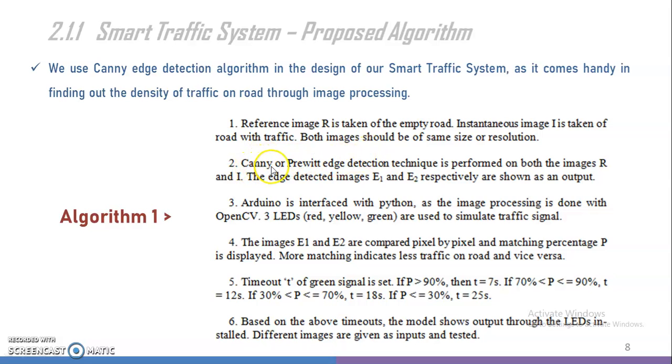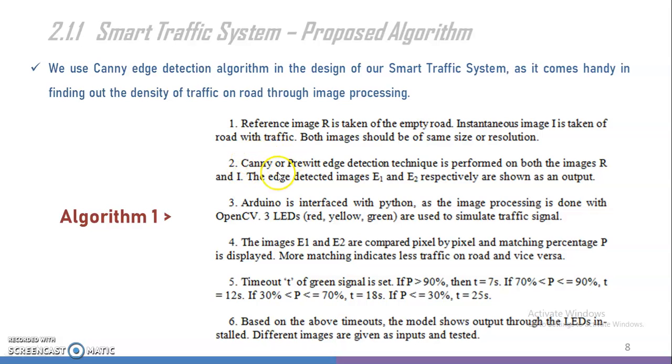And Canny or Prewitt edge detection: anything like Canny is used where it is more stationary, and Prewitt can be used in some parts where the wind is more, because the shadows of trees and all are also taken into account, so Prewitt can mitigate the weak edges.